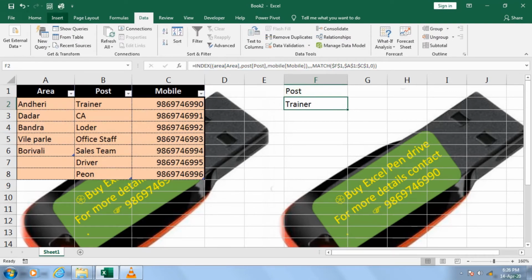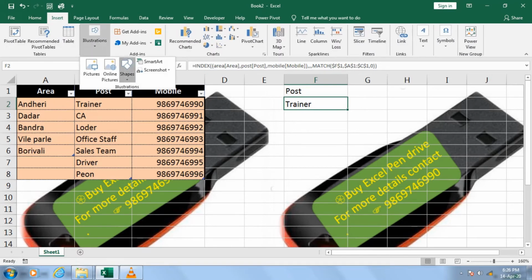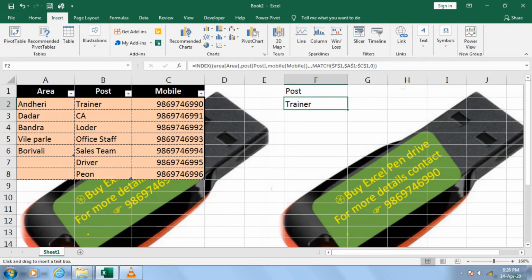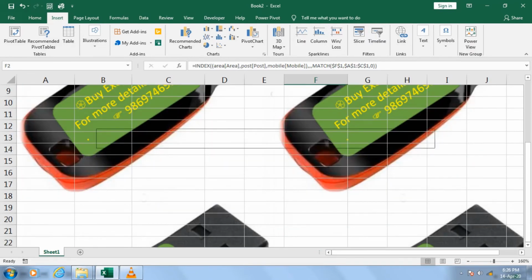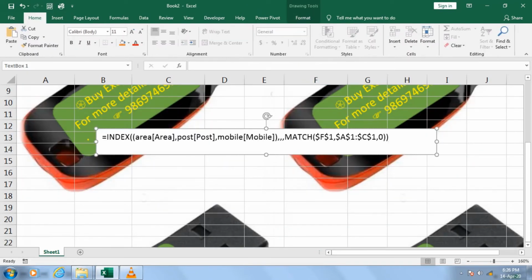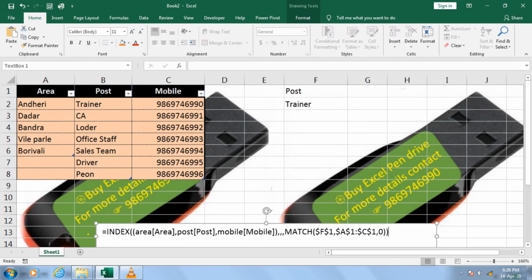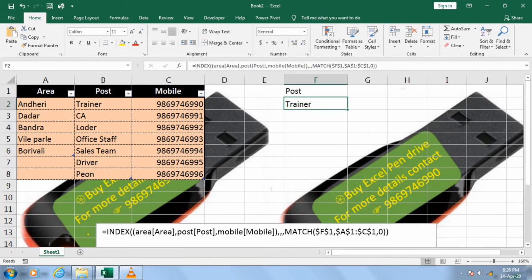For example, I'm just putting it into one bracket just to understand the formula, because this formula is also quite lengthy. Okay guys, so I'm just putting the formula for your understanding. I hope you can see the formula properly. Okay, so this is the formula. I cannot use it directly, so I need to substitute this formula.